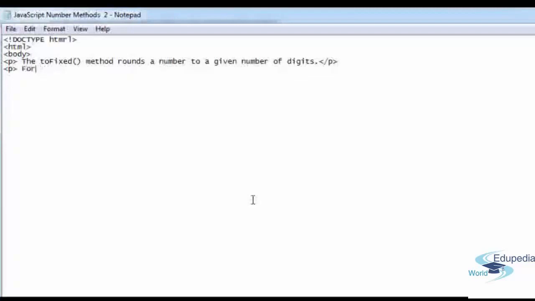for working with money, the toFixed is perfect, okay, to the two decimal places. Okay, that's how you can show money in cents or dollars. Paragraph open, id is equal to demo, close the paragraph tag, open up another paragraph tag,